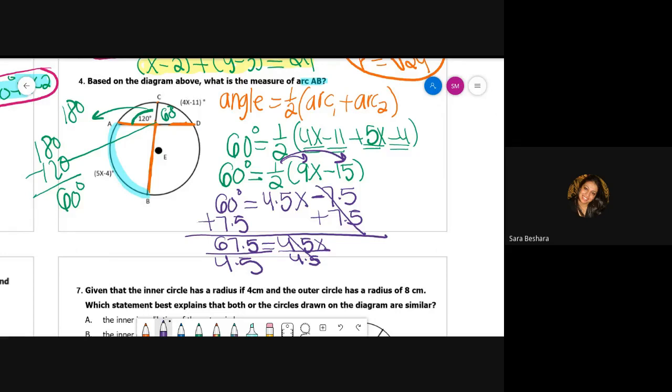67.5 divided by 4.5 is equal to 15. So x here is 15. Now, are you done? No, you're not, because the question was asking for arc AB. So we have to plug it in here. So to find the measure of arc AB,